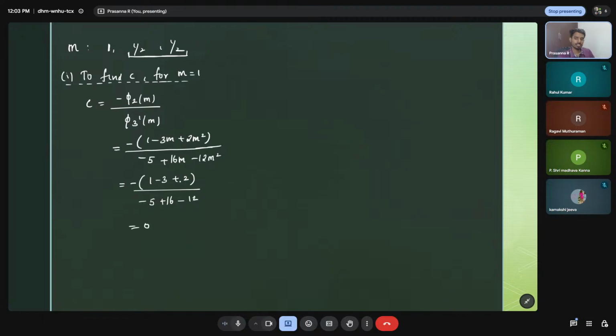This is 0, right? Because my numerator is 0. So c is equal to 0. So your first oblique asymptote is y is equal to mx plus c, and your m is 1, c is 0. So y is equal to x is your first oblique asymptote, right? Now to find c,